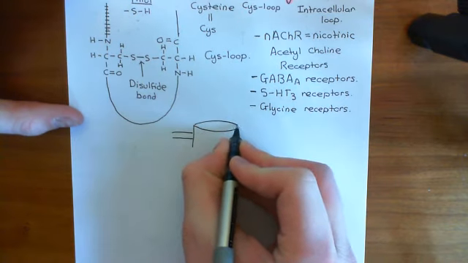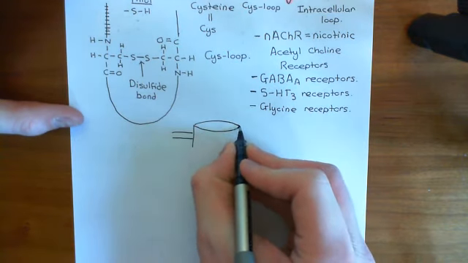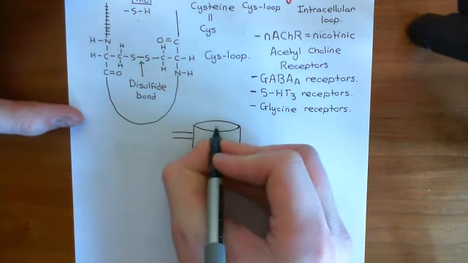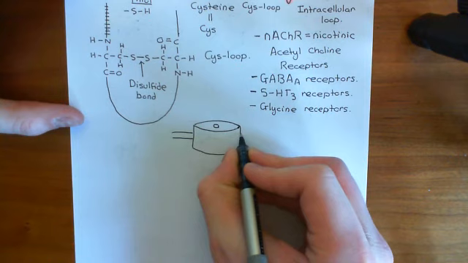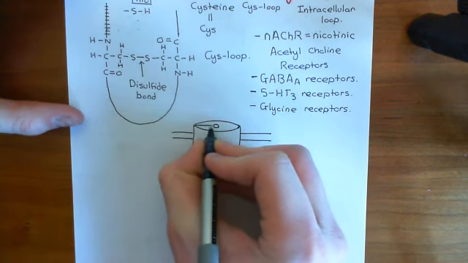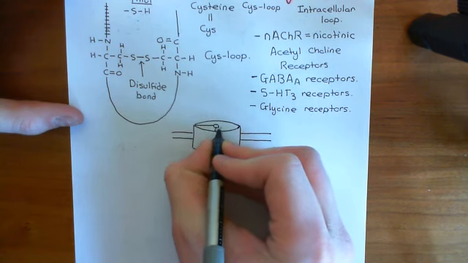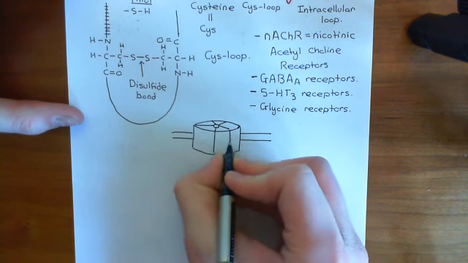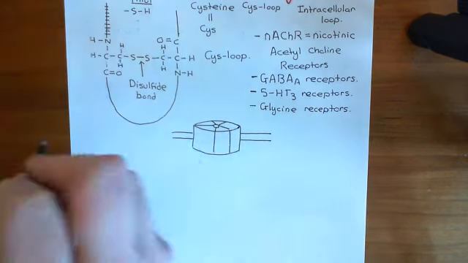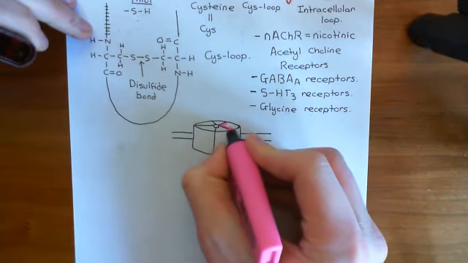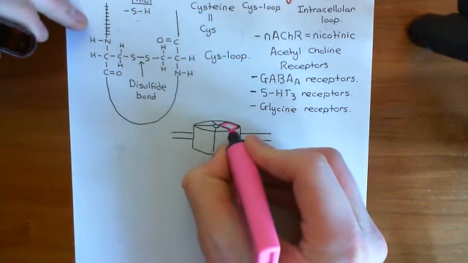Okay, so I'll draw a picture here. So here is our 5-HT3 receptor. Here is the pore that goes down the middle, and it's sitting in the phospholipid bilayer, and it's made up of 5 separate protein subunits. 1, 2, 3, 4, 5, like so. Then if we pull out one of these subunits of a 5-HT3 receptor, we've discussed that what we